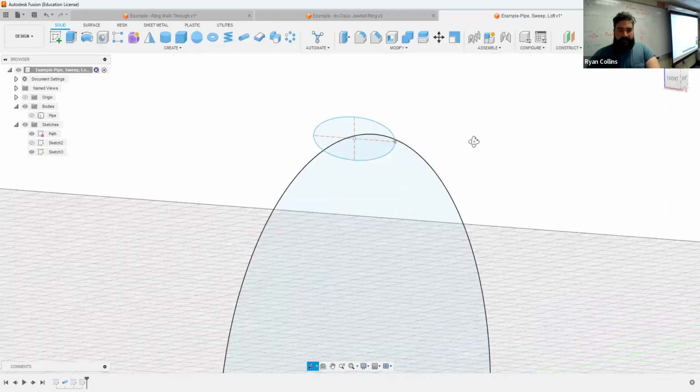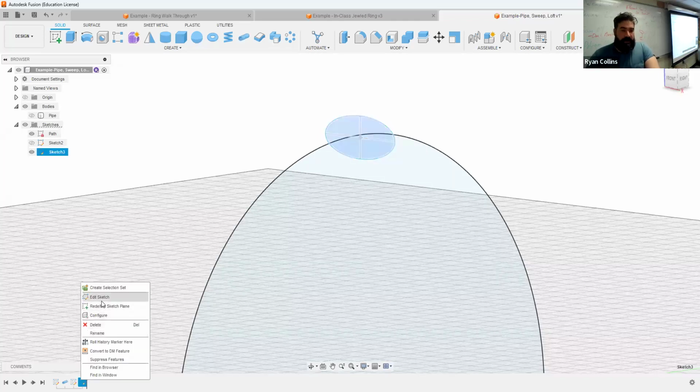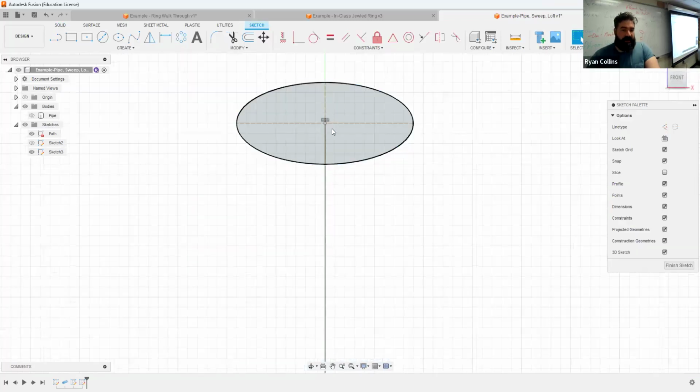Select OK. Now, the problem is that's not smack in the middle. And I say problem because you do really need it to be there. Otherwise, it's going to be offset. It's not the worst thing in the world, but if you wanted it actually centered, there you go. The easy thing about a sweep versus a pipe is that instead of having my sketch start right in the center, I could move that sketch